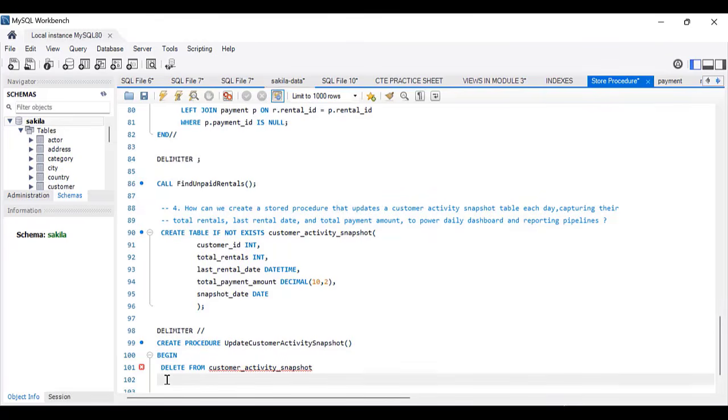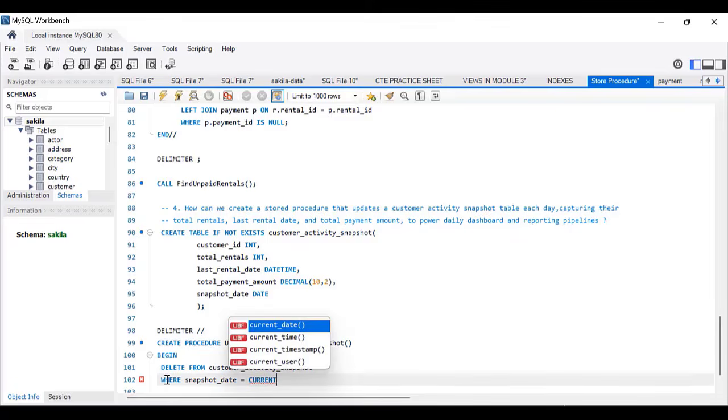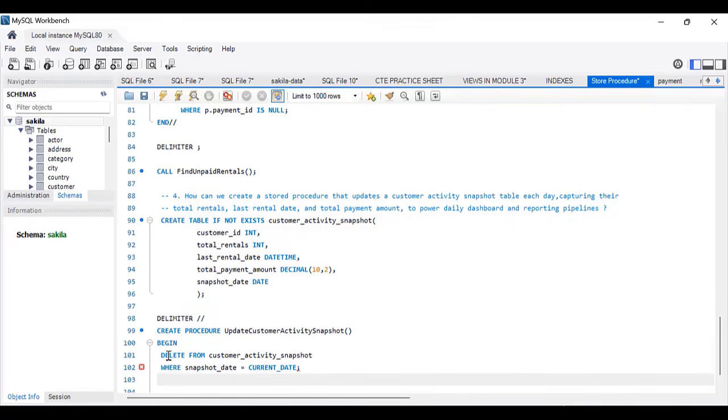where snapshot_date equals what? CURRENT_DATE; semicolon. Now insert,